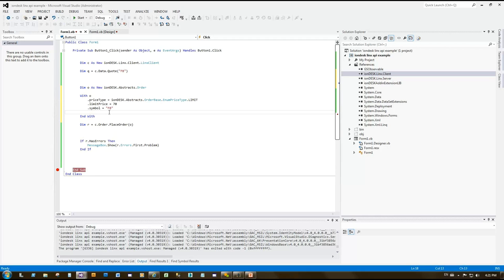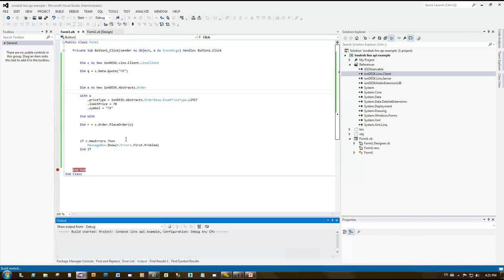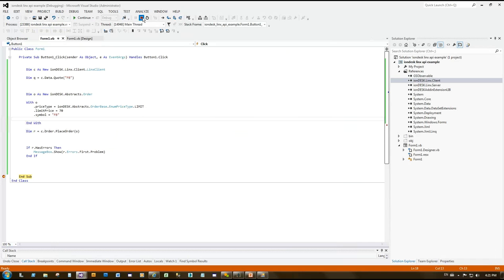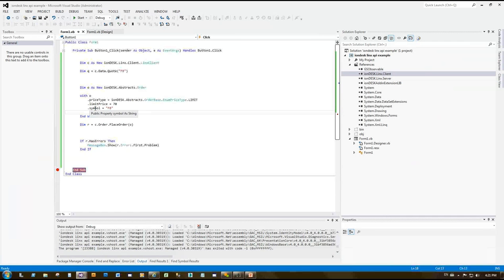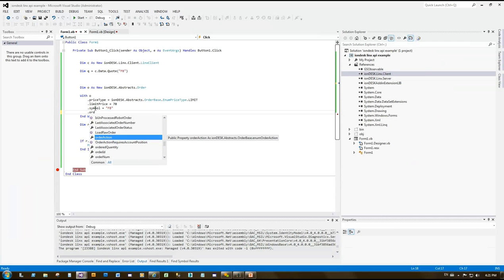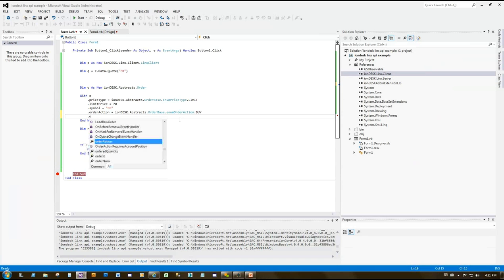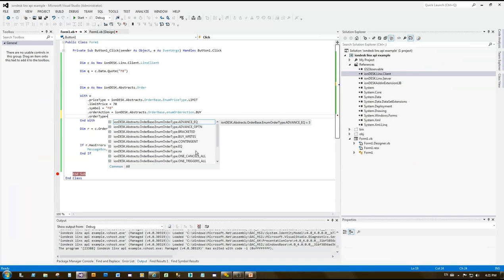Okay? All right, so let's do this again. I know that it's going to error because we're not done filling out. All right? So I'm going to press the button. We're going to have another message box that says the order type is not set. Let's go set it. Order type or order action, we need to do that. We want to buy. Let's see, order type. Okay, that's going to be, let's see,